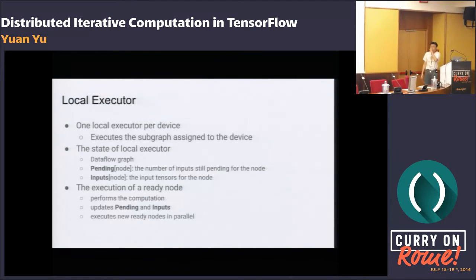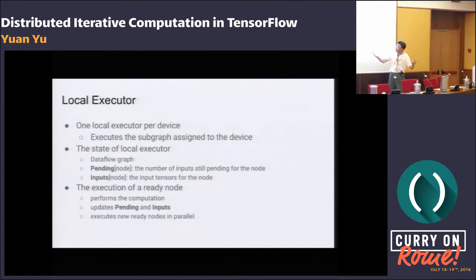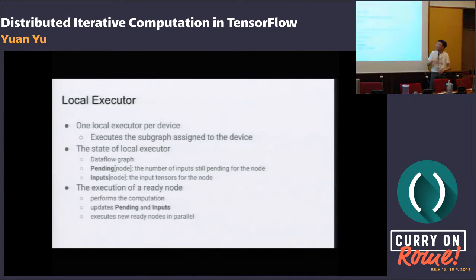So how are those graphs going to be executed? As we talked about, the partitions and also the different devices, effectively we have one executor on each device, which manages the execution of the subgraph assigned to that particular device. The state of the local executor is very simple: for each node there's a pending count.